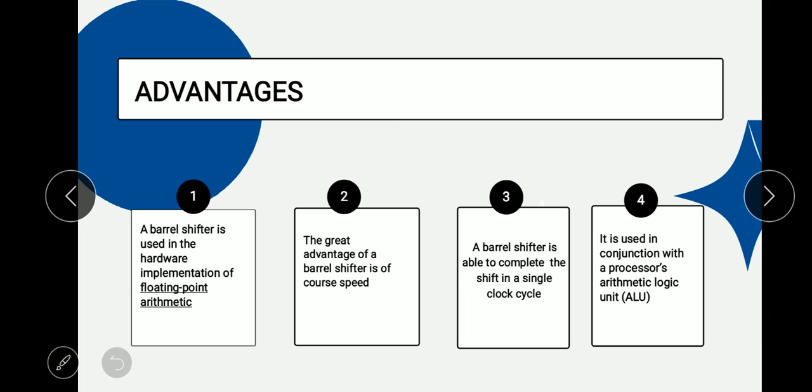Then its advantages. Barrel shifter is used in the hardware implementation of floating point arithmetic operation. Its core speed is also a great advantage of a barrel shifter. Every shift operation can be done within a single clock cycle. It is also used in conjunction with the processor's